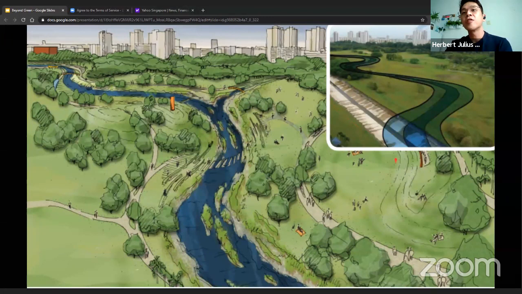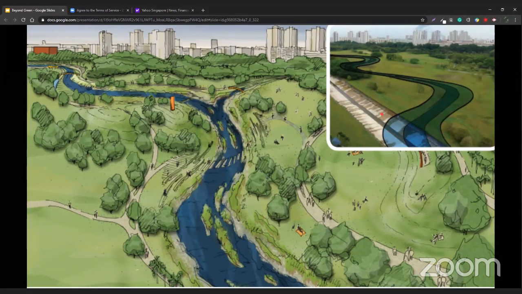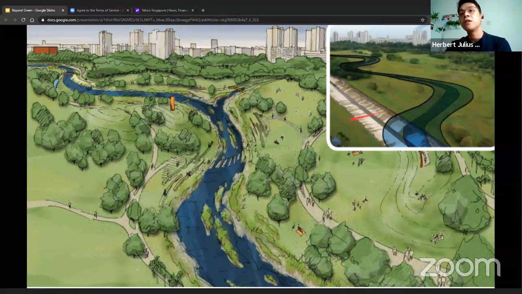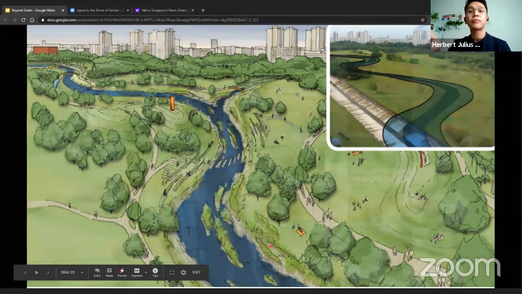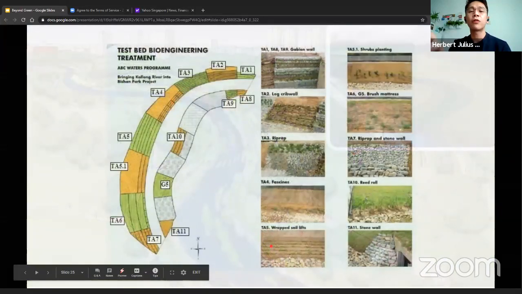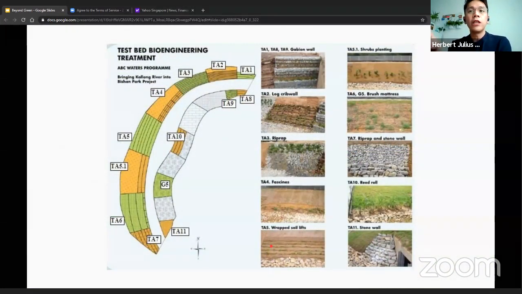In fact, this was a 20-meter wide drain, which was very technical in nature, to collect stormwater during heavy rains. But the concept was to make it into a natural river within the city, and it's 3 kilometers long. And alongside it, to recreate that natural river, we introduced bioengineering techniques into it, and we tested each one of them, their success rate and so on. So these are some of them.